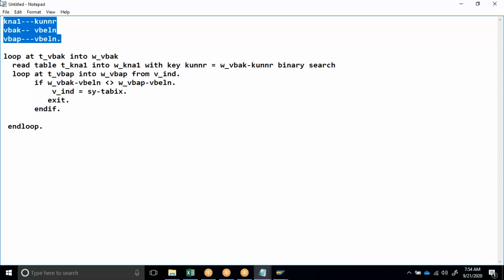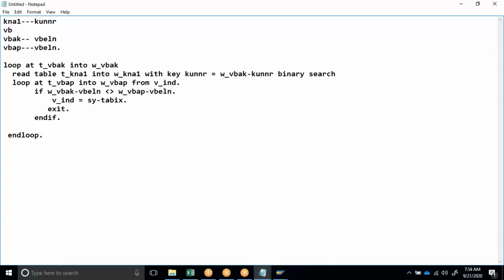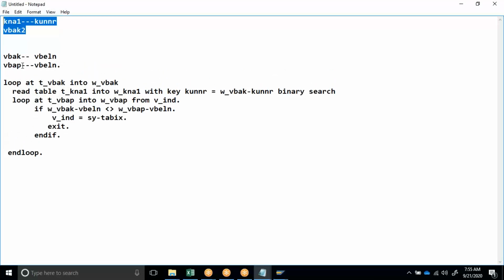No, sir, I want to use parallel cursor for this also, sir. Is it possible or not? For a developer, there should be nothing impossible. Why can't I take T_VBAK2? I will apply parallel cursor for these two tables one set, these two tables one set, these two tables one set. To link these two tables, again I have to use one more read. So whatever is there in VBAK1, the same thing will be there in VBAK2 also.